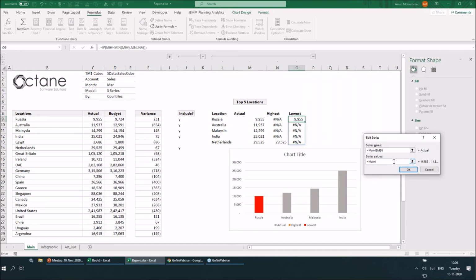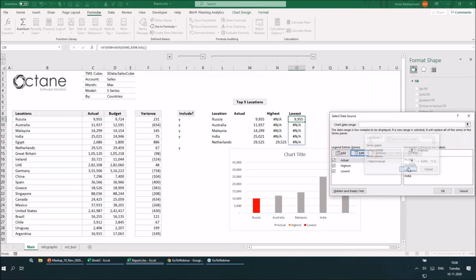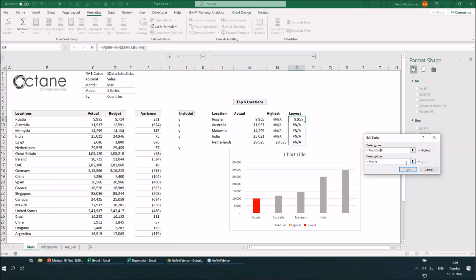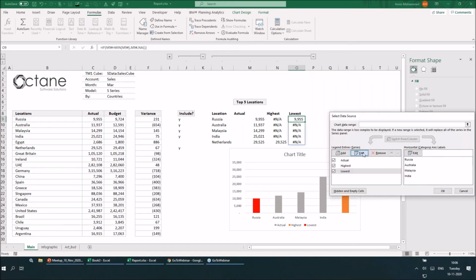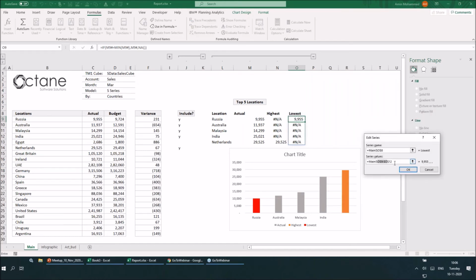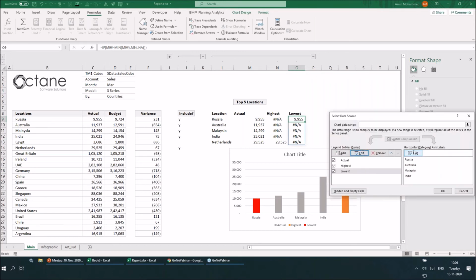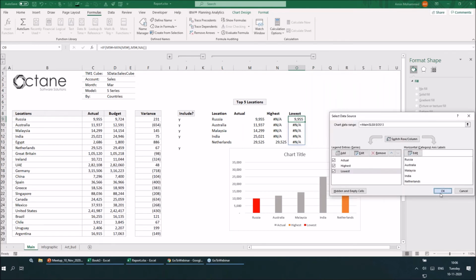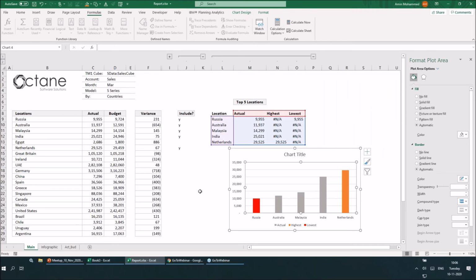So with that in place, I'm now going to take out the cell reference and then replace it with the actual name reference that we have in here. So similarly, I'm just going to do the same thing for this as well. Highest, and then finally with this too as well, lowest, and then for this one too, location and exclamation. So now as soon as I did that, you can see that the Netherlands has been included within my chart,